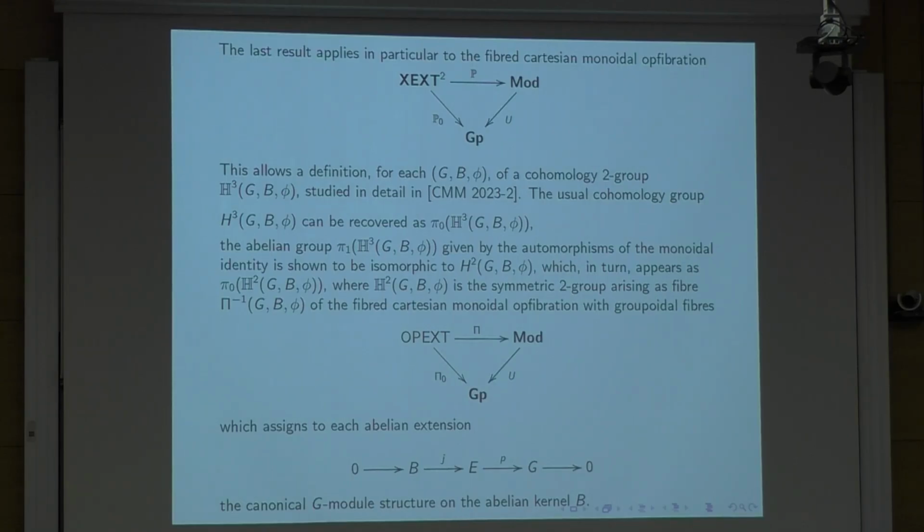And then you get what you need, so you can endow any fiber with a symmetric 2 group structure. And this will give you the symmetric 2 group H2, whose pi 0 is exactly, again, the usual cohomology group. So this H2 plays 2 roles, it is a pi 1 of the H3 2 group, and it is a pi 0 of the lower 2 group H2. Okay, so